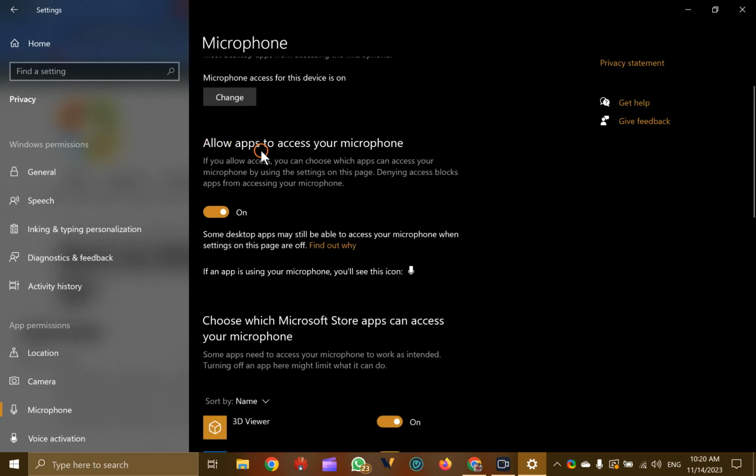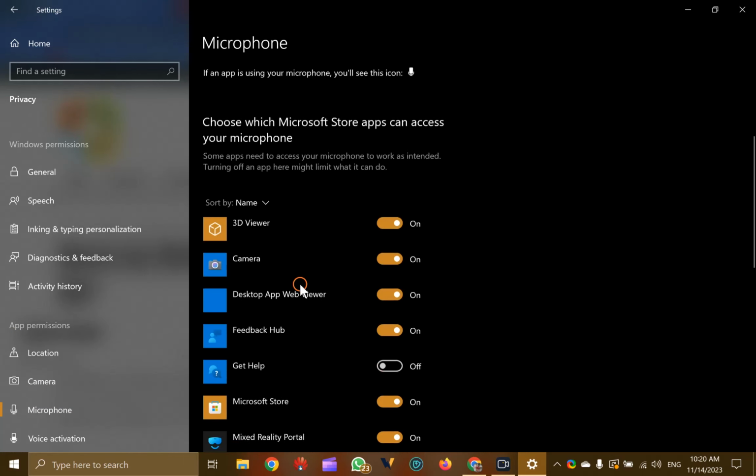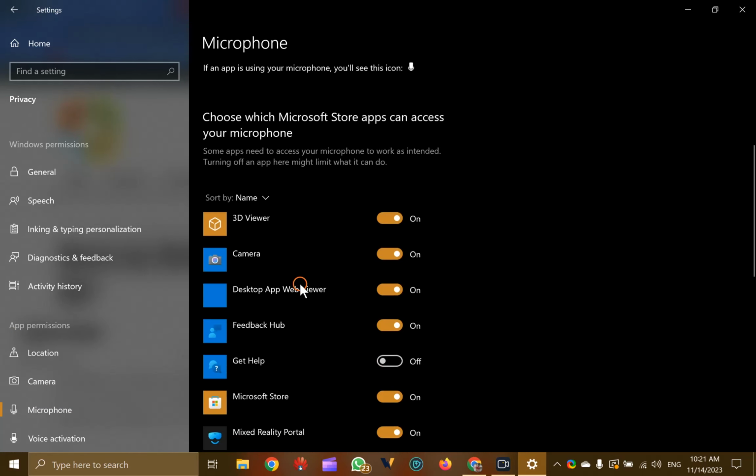Under allow apps to access your microphone, in case you will turn off the toggle switch, it will disallow microphone access to your entire system for all apps. And if you want to disallow microphone access for a specific app, then you will find a toggle switch beside app entry. Just toggle off or toggle on according to your needs. You want to allow or disallow microphone on your Windows 10 PC.